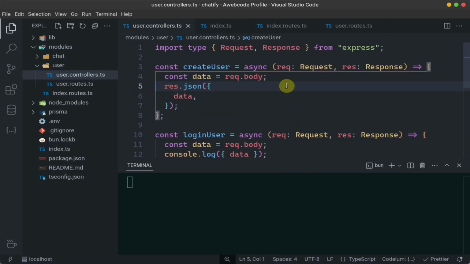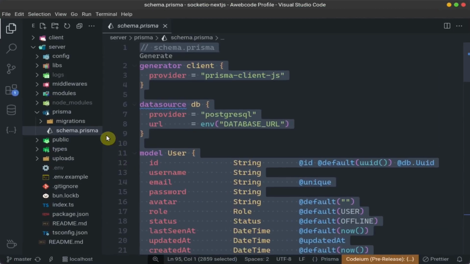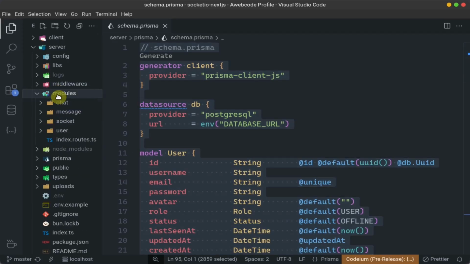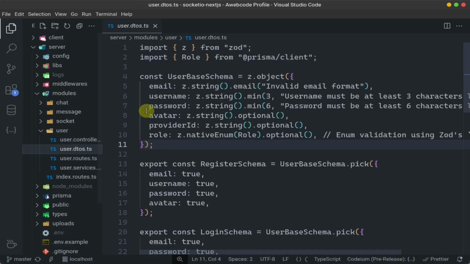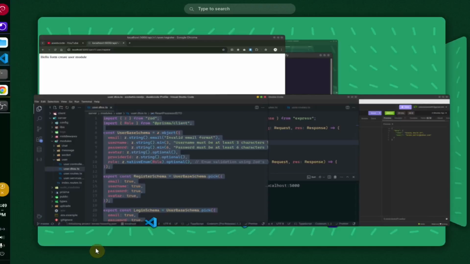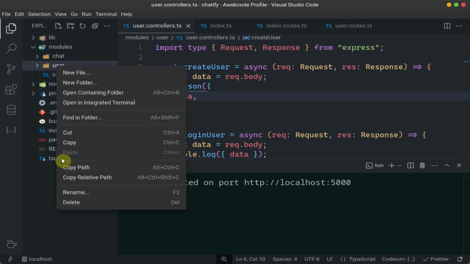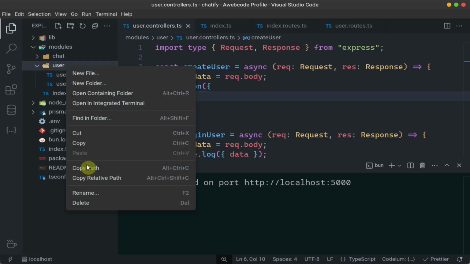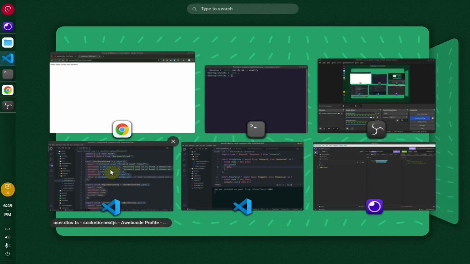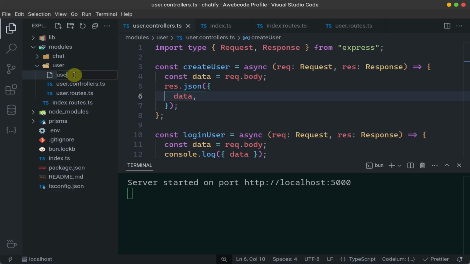Okay, now we need to validate our data. For validating, we will use our modules from here. Before we copy, just copy it from here and we'll just paste it. We don't have a paste option. I don't know how. Oh, user dot